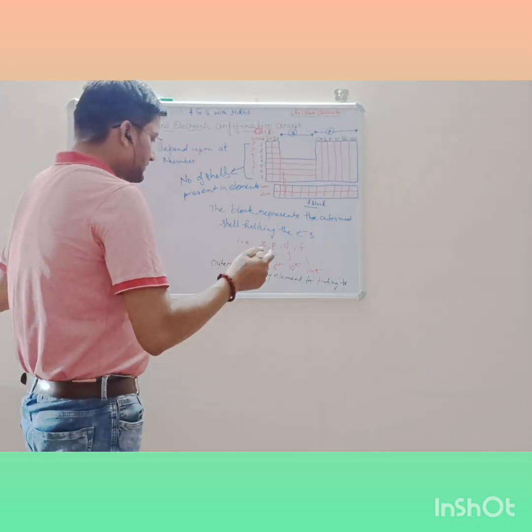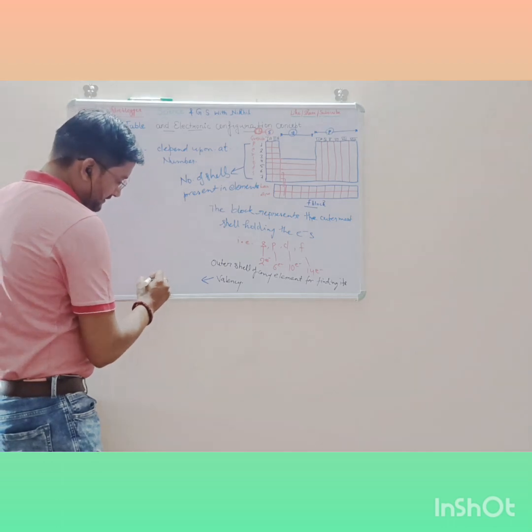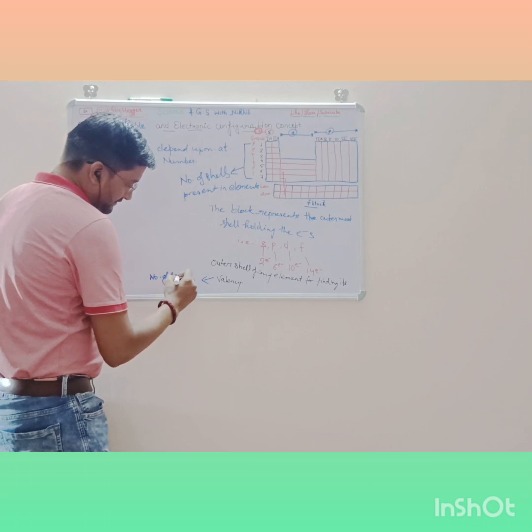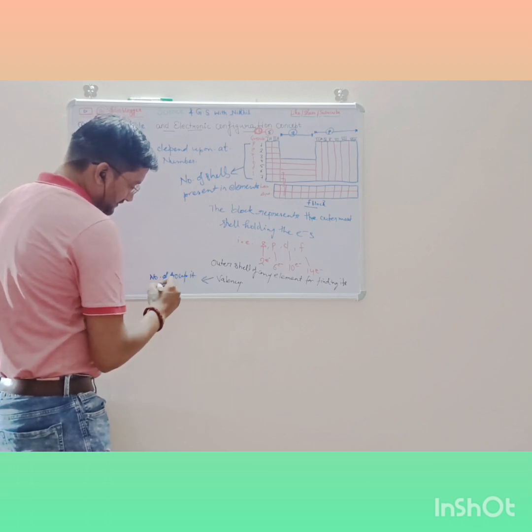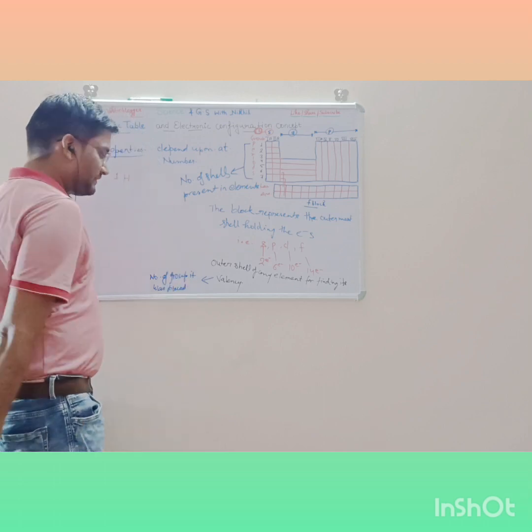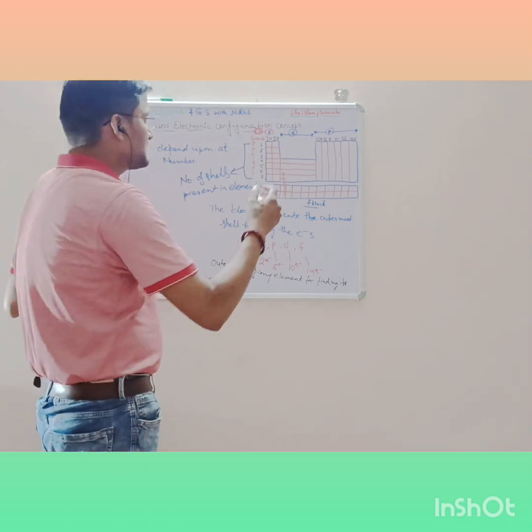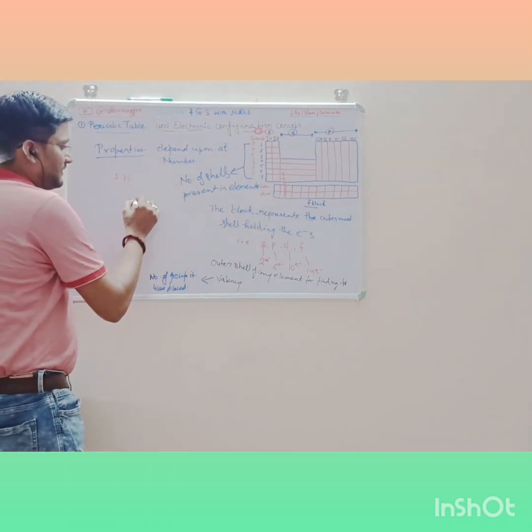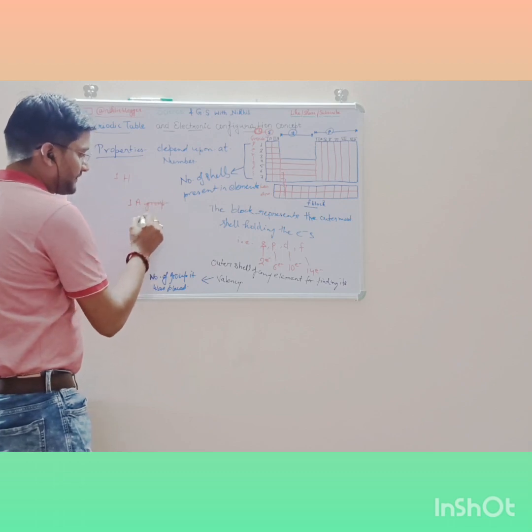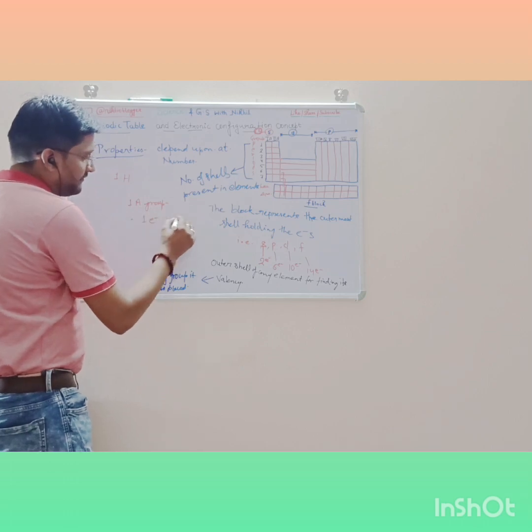This valency also depends upon the number of the group it was placed in, right? Suppose we are talking about first A group here. First A group means 1 electron in valence cell,